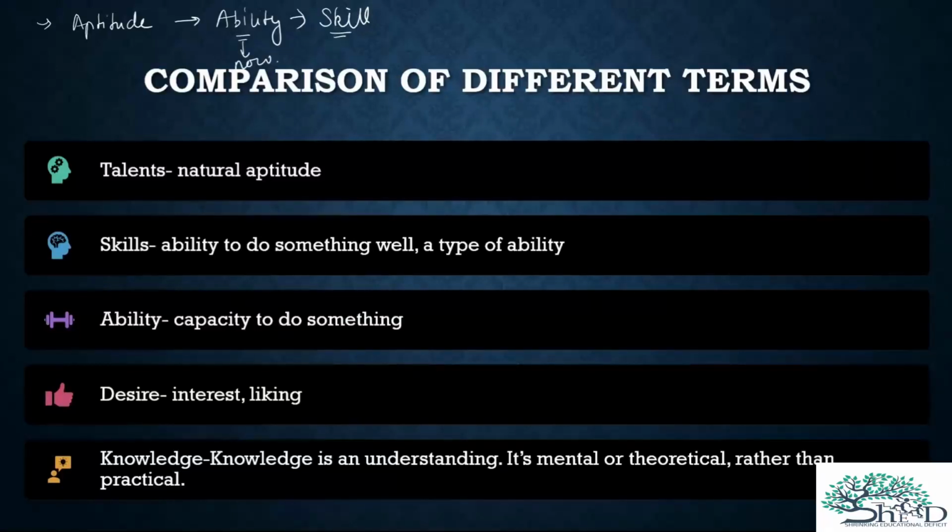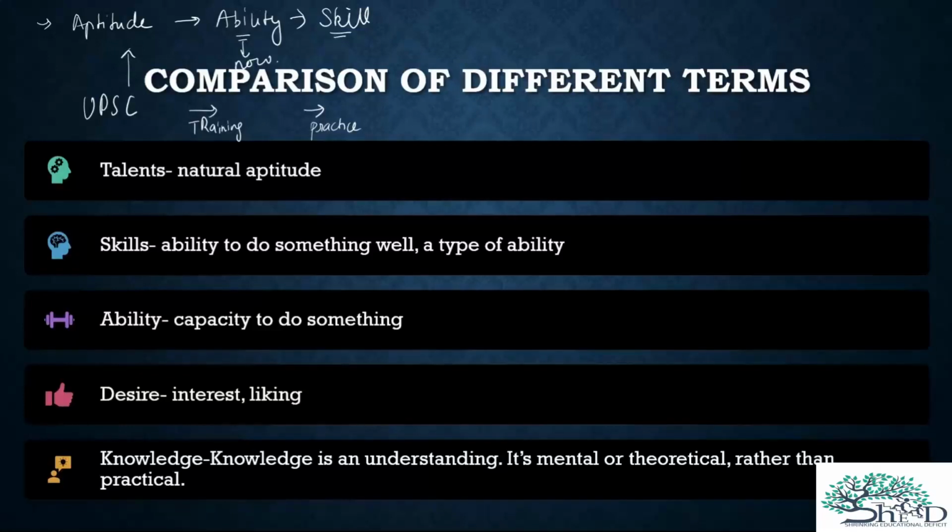Let's take an example. Since I just talked about aptitude tests, we should take the example of the UPSC examination itself. UPSC conducts an examination. Here it identifies your aptitude, the aptitude of a civil servant, if you have it. Then they provide training in which they develop the ability. Since you have the aptitude, they develop your ability, or basically bring it to the surface, your ability to be an able bureaucrat. Then when you go into the service, you practice, then you become a skillful bureaucrat. That is the process. I think with this example, you will be able to relate to the life cycle of